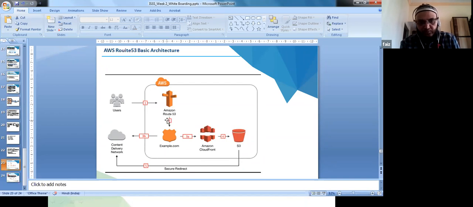I go to Amazon Route 53 for example.com, and if you have noticed, if you launch your instance using the default VPC, a public DNS will be given. So it uses Route 53 for those purposes also, for the DNS publications of your instances hosted on the default VPC. So this is what the scenario will be.